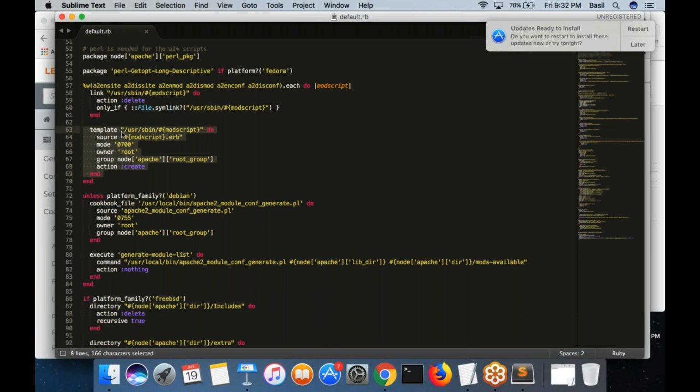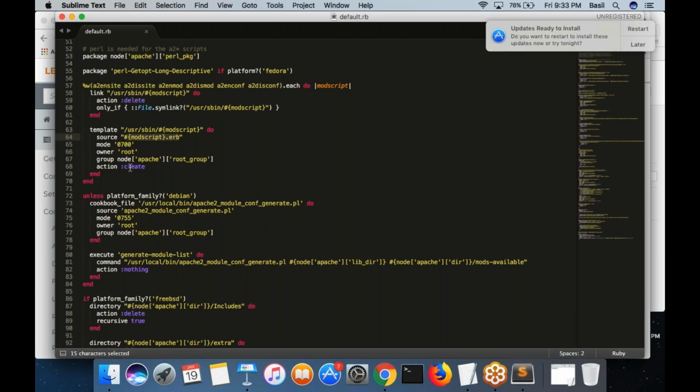Basically, what template does is, from this particular file which is inside your Chef server, it is going to be inside your cookbook itself. It will regenerate the file again from this template. So I will talk about template in a bit.